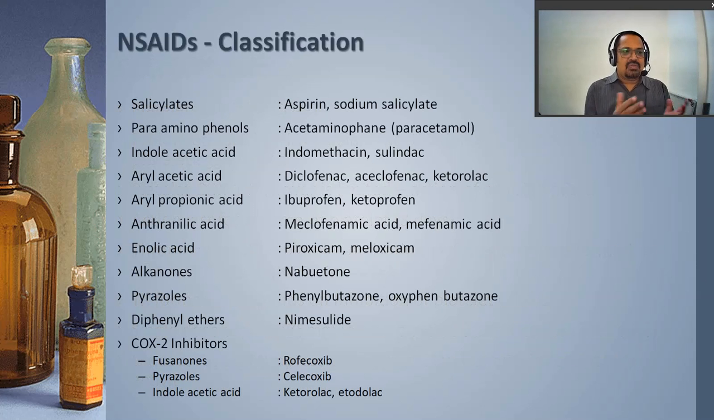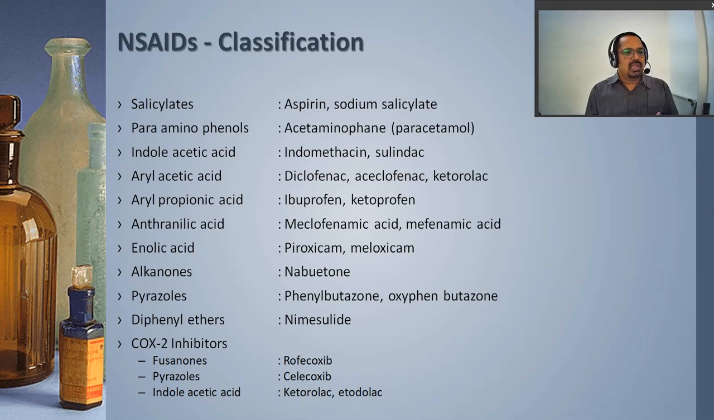As far as the classification of drugs is concerned, non-steroidal anti-inflammatory agents are divided into different classes depending upon their chemical structures. For example, the first one is the salicylates, which comprise aspirin or sodium salicylate, then para-aminophenols, that is acetaminophen, which we also call paracetamol, then indole acetic acid, examples are indomethacin or sulindac, aryl acetic acid, example is diclofenac, aryl propionic acid, the examples are ibuprofen or ketoprofen. Then next is anthranilic acid like mefenamic acid, enolic acid, piroxicam,